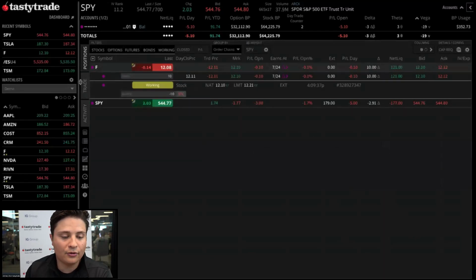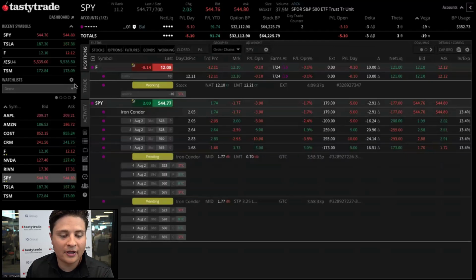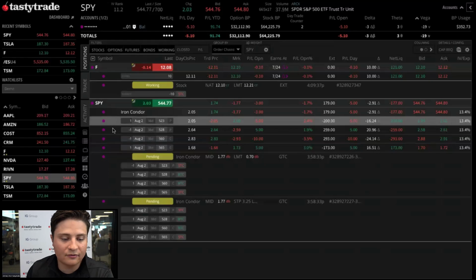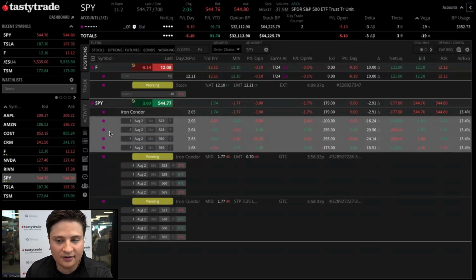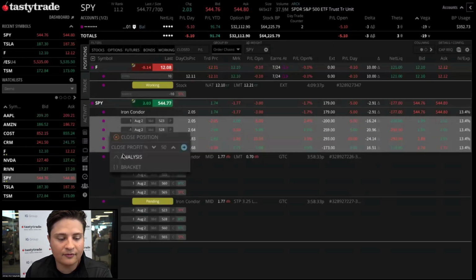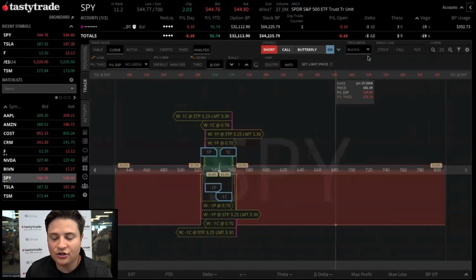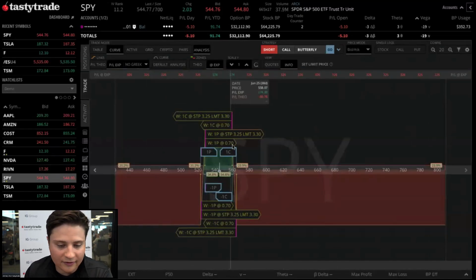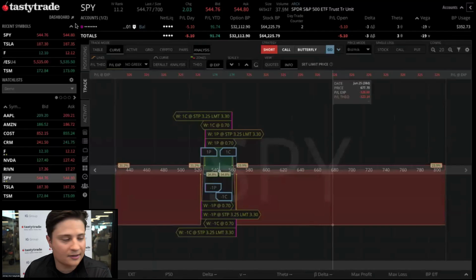In order to do this, let's go ahead and switch back to our positions tab here. Maybe we want to analyze the iron condor here on SPY. If we left click on each of the legs and then right click and choose analysis, this should take us to our analysis mode. I know we have some working orders here. Let's clean up this clutter a little bit just for the demo. What we can do is just click on this